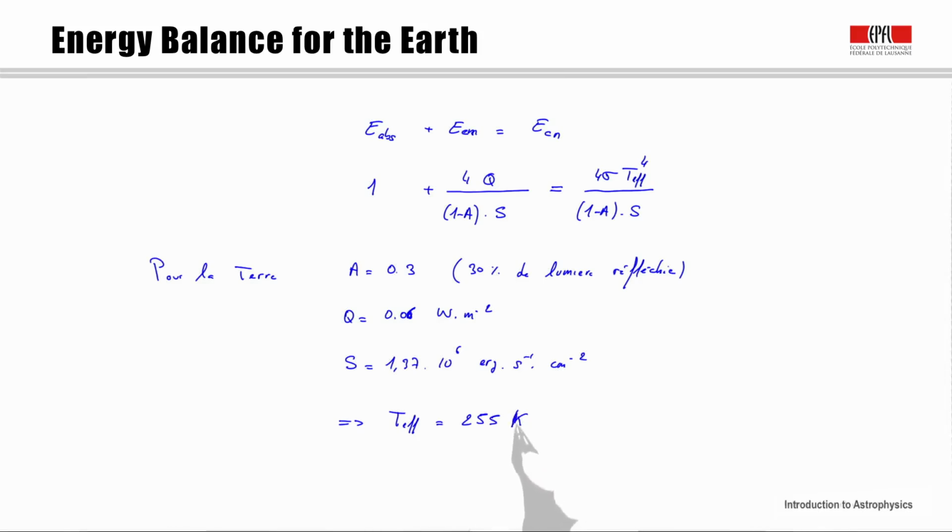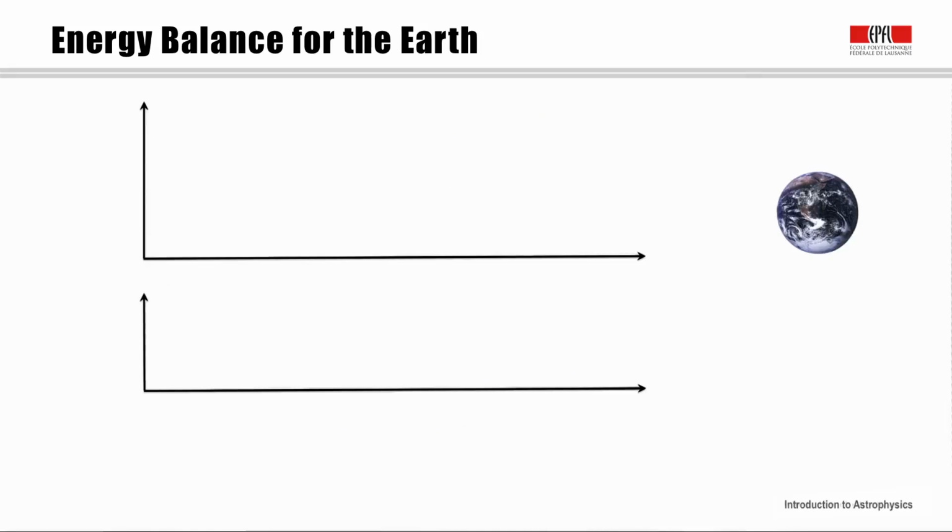Note that this is the Earth's blackbody effective temperature, and not the temperature at ground level, which is completely dominated by the climatology, by Earth's atmosphere. We just saw that the Earth behaves like a black body. We have the Earth with an atmosphere